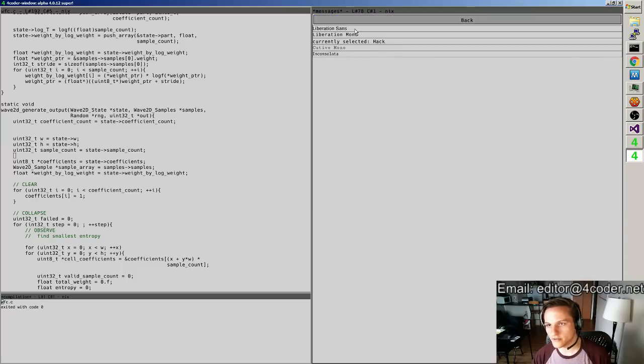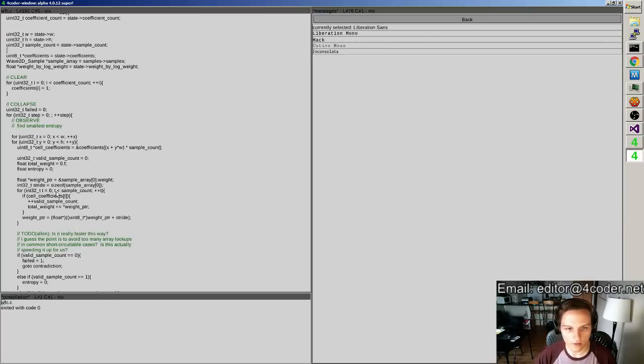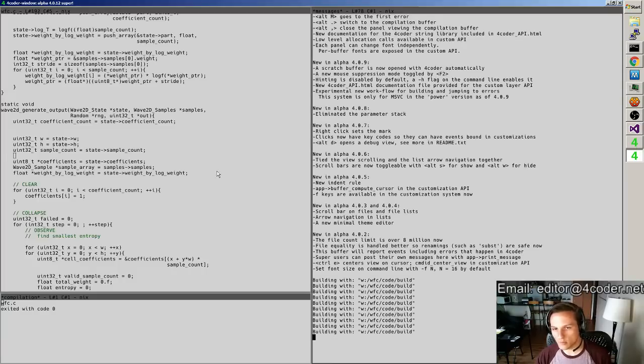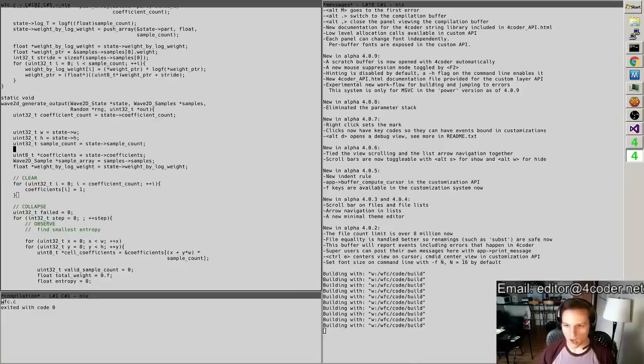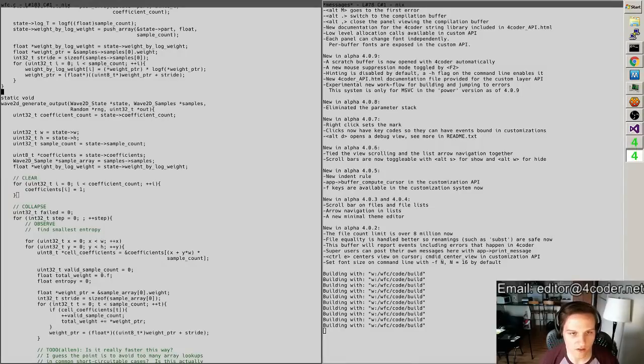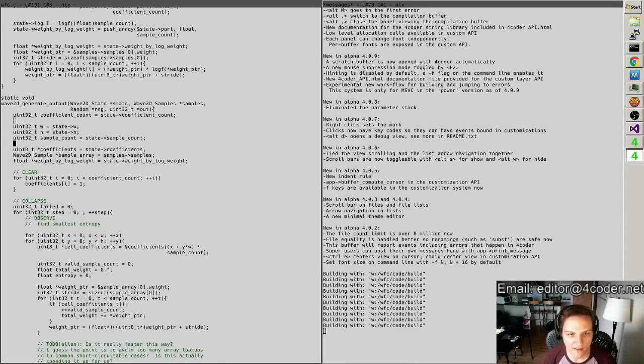Another nice thing about this that I totally forgot is I could switch to proportional again, but I don't like this font. I want to get the Input font. I don't know if you've seen Input before, but it looks like a coding font, but it's still proportional. I want that, but I've been asking them about their licensing rules, and they haven't responded yet. I don't know if I can distribute that font with Forcoder, so I might have to build in full font support someday. Then I can just say, hey, download Input for yourself and use it, but I can't distribute it to you, and then we're great, right? But anyway,